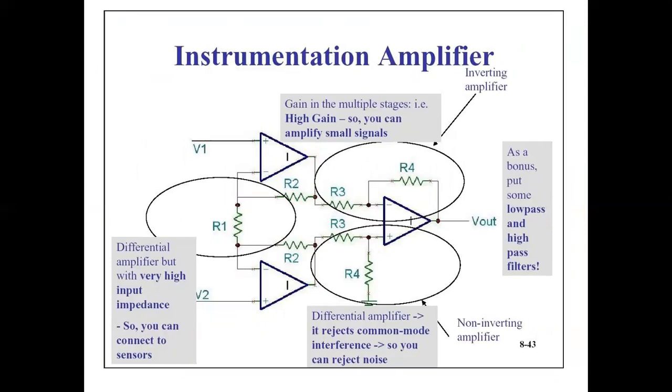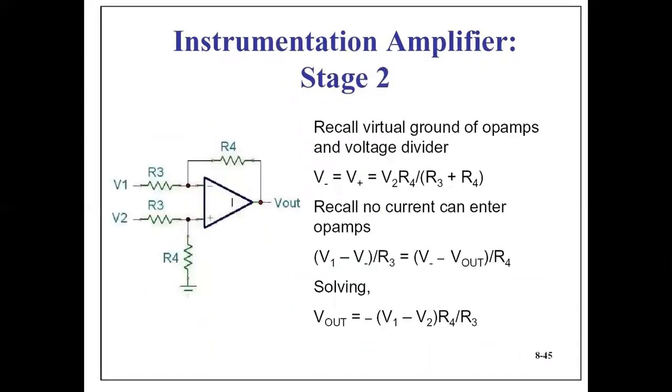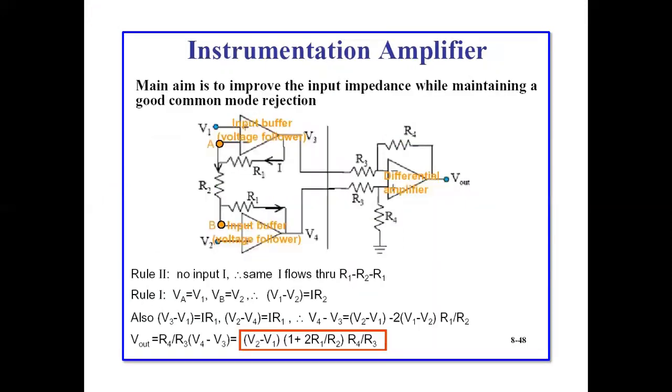Okay, so next one is the instrumentation amplifier. The instrumentation amplifier is a high gain amplifier which has 3 op-amps. So that is real-time, with high gain, high CMRR, high output like that. Here we are using the voltage follower circuit at both ends. Using a resistor R1, by changing this value, we can define the output. That is, V out is equal to minus of V1 minus V2 times R4 divided by R3. So these are the features of the instrumentation amplifier: very high gain, very high common mode rejection ratio, and filters.